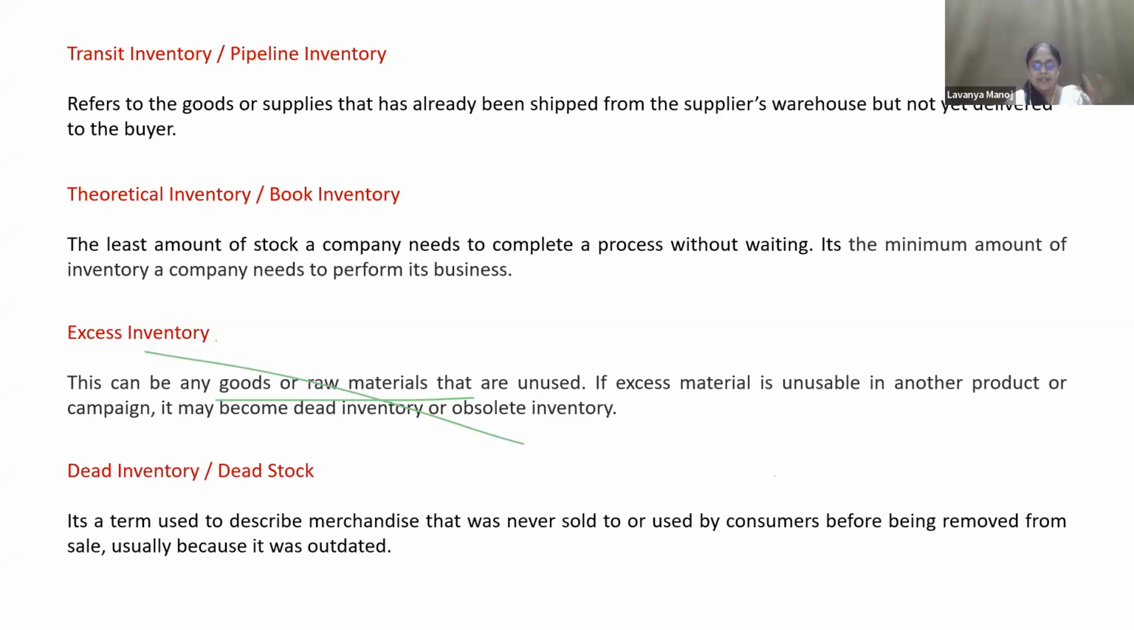Okay, so finally, as I said, dead stock, dead inventory, or obsolete inventory. It is a heavy loss to the company, so companies have to make sure to avoid keeping dead stock or dead inventory. Can you name any of the products which are not in demand in the market anymore, not demanded by the customers anymore,